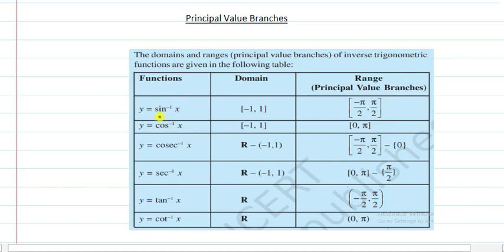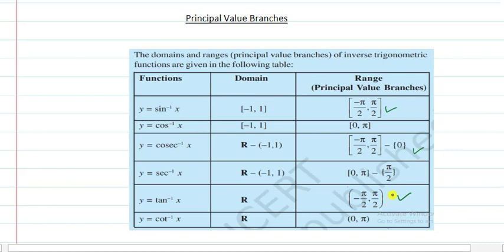So first of all, it is y is equal to sine inverse x. For y is equal to sine inverse x, the domain is the closed interval from -1 to 1 and the principal value branch is the closed interval minus pi over 2 to pi over 2. Now, if you want to learn it quickly, let me tell you one method: instead of taking cos inverse after sine inverse x, it is better to learn first sine inverse x, then tan inverse x and then cosec inverse x, and learn these three all together.